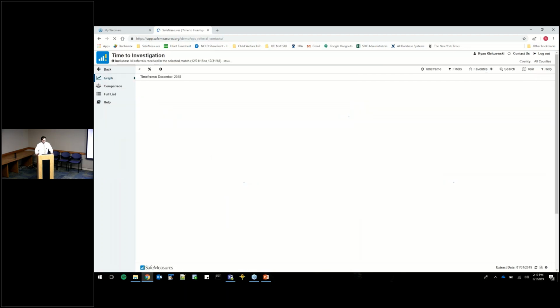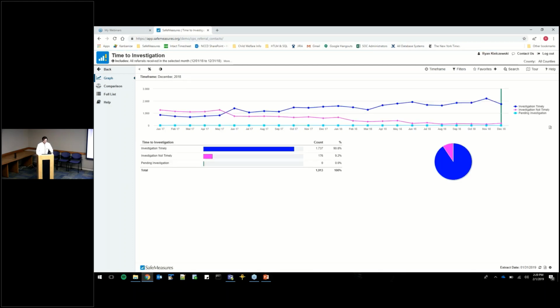looking at SafeMeasures. Every report within our application has a similar display of 3 graphs, a trend graph, a bar graph, and a pie graph. This exact report is displaying time to investigation for all referrals received in a selected month. You can change, as I mentioned, the timeframes between 18 different timeframes of historical data. We can look from September down to January 2017, but we can also look at the month to date